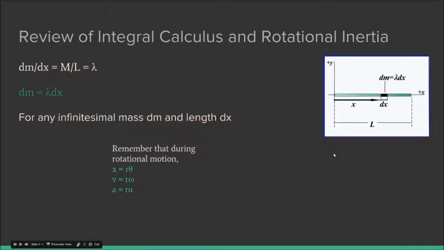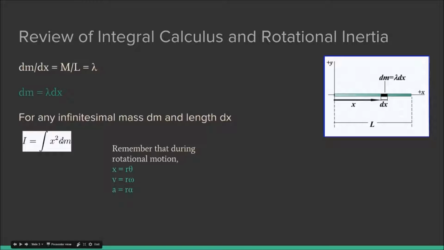Alright, here's a quick review of how to use integral calculus with rotational inertia. For this specific problem, it's a uniform rod of mass m and length L, and it's swinging, and you need to analyze that rotational motion. So the way you analyze rotational motion for a uniform rod, by using integral calculus, is by looking at this equation on the equation sheet: the inertia for this rotating object is equal to the integral of x